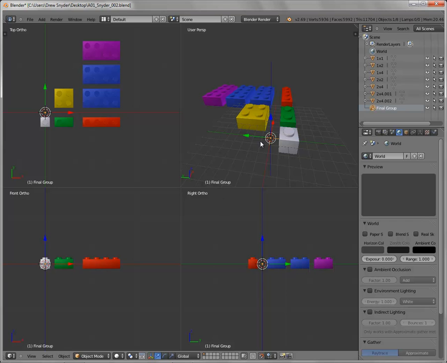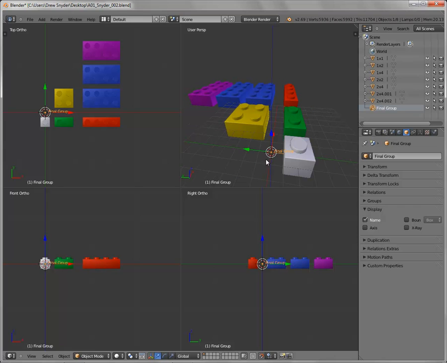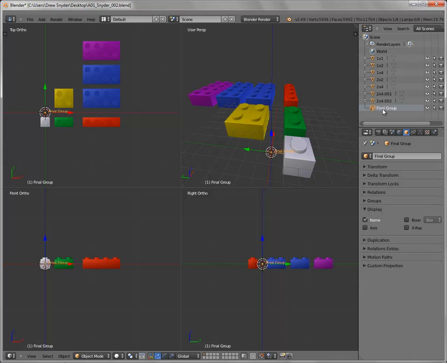And the other thing I can do with this is I can change some of the properties of it. So if I click the little icon for the properties of the object and do display, I can make the name visible, and now you can see in every single viewport it says final group. Now the nice thing about that is if I deselect everything and I click that final group word, it automatically selects it. So it actually makes it easier to select the actual object, because you can see this is a little hard to actually get access to. Or I can click it up here with the left mouse button. So this is another way to cycle. So what we want to do is we want to make all of these